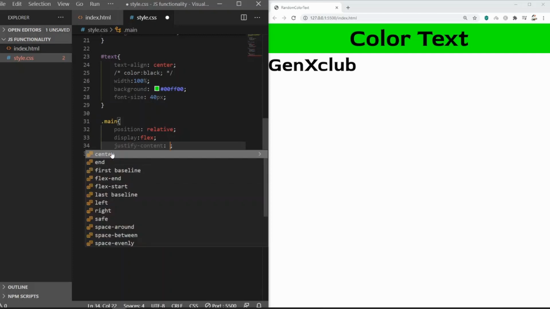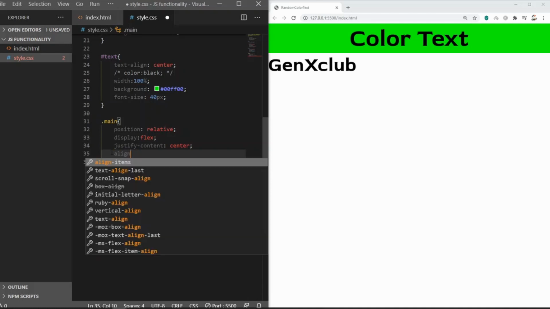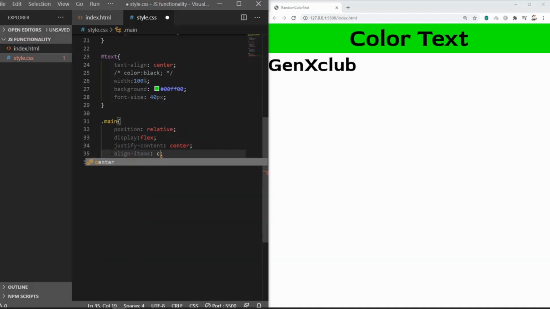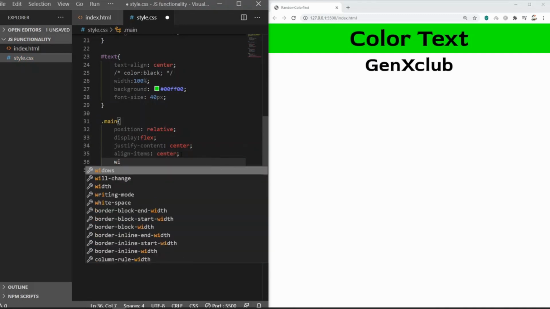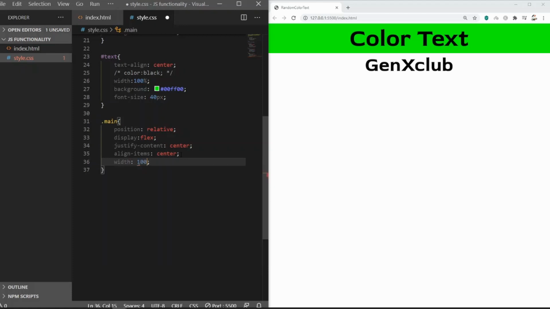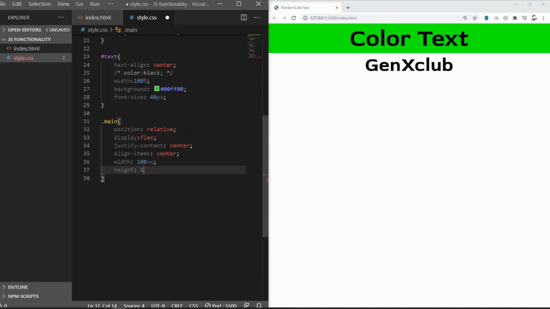Let's justify content to center and align the items to center. We also need to set the height and width. So width is 100vw and height as 100vh. Now let's save it.